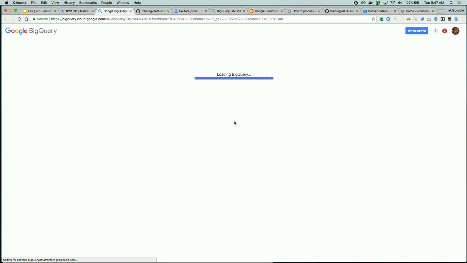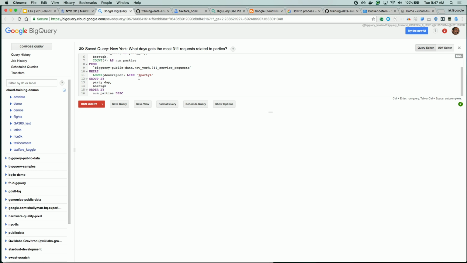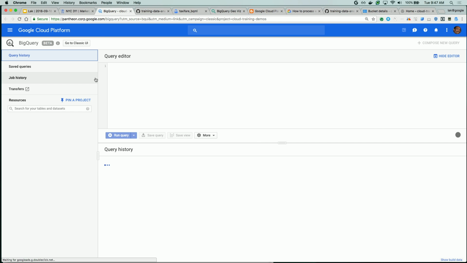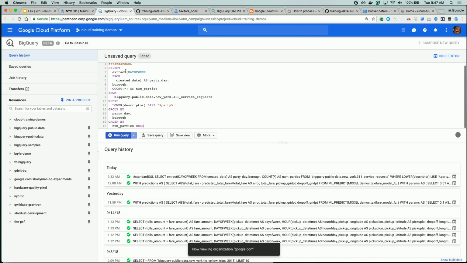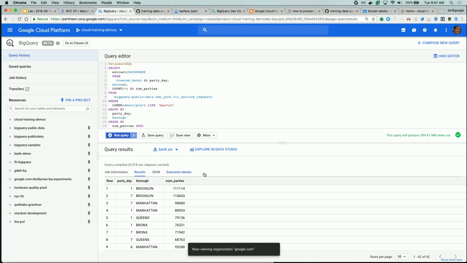And what I'll do is wait for the query to load. And this is the classic UI, but I love the new UI in BigQuery. So let me go ahead and switch to the new UI. So that is the query. And let me go ahead and run the query. And there we go. The query basically says, in a matter of seconds, that the borough is Brooklyn, where we had